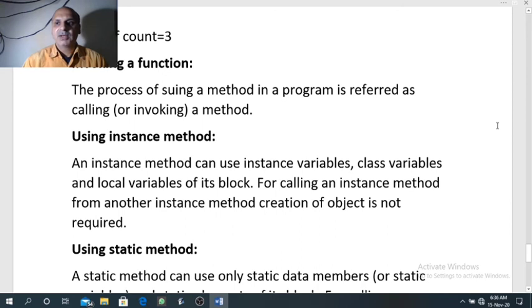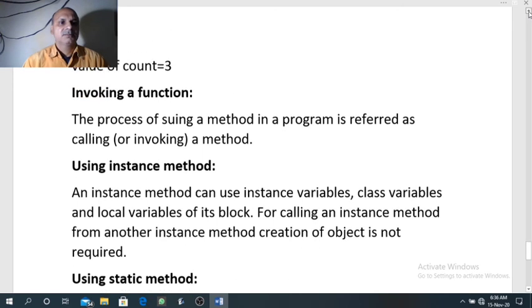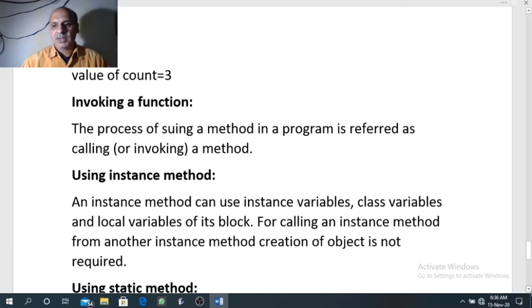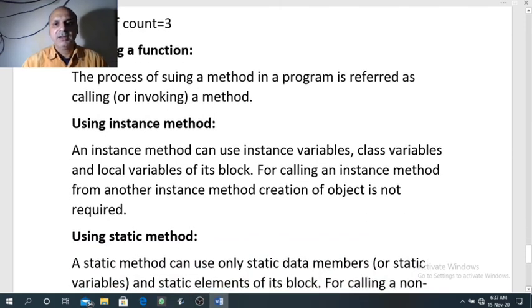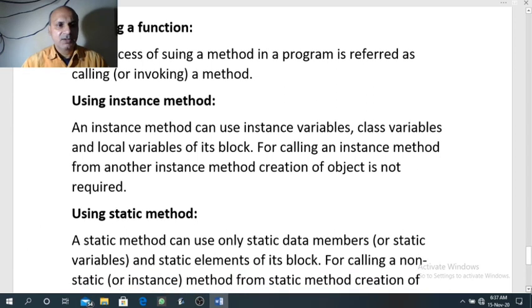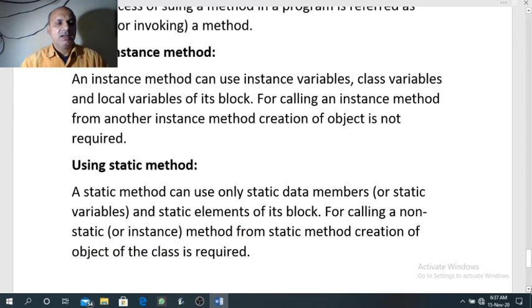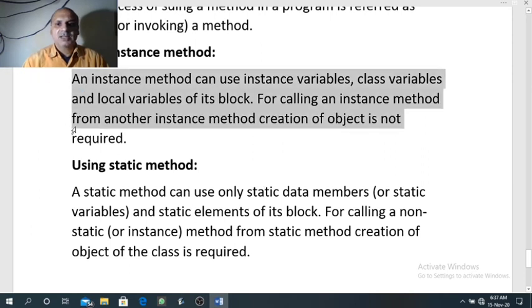So this is the difference between an instance variable and a static variable. Now, invoking a function. Invoking is nothing but calling a function. The process of using a function in a program is referred to as calling or invoking. There are two types of functions: instance function and static function. An instance function can use instance variables, class variables, and local variables of its block.